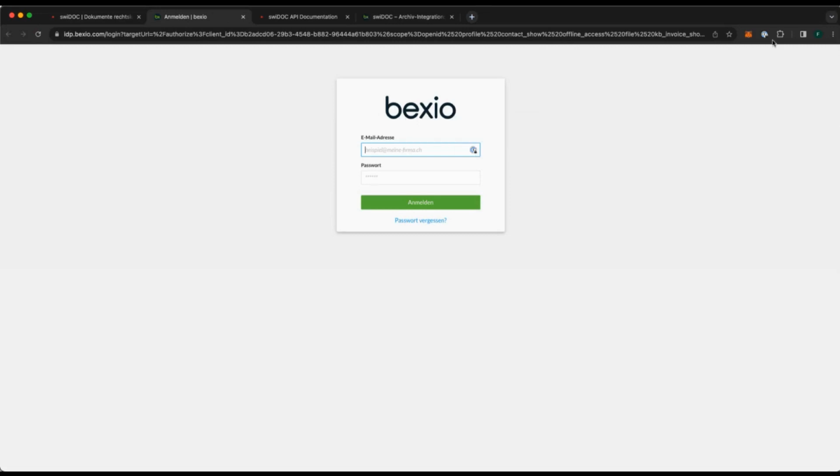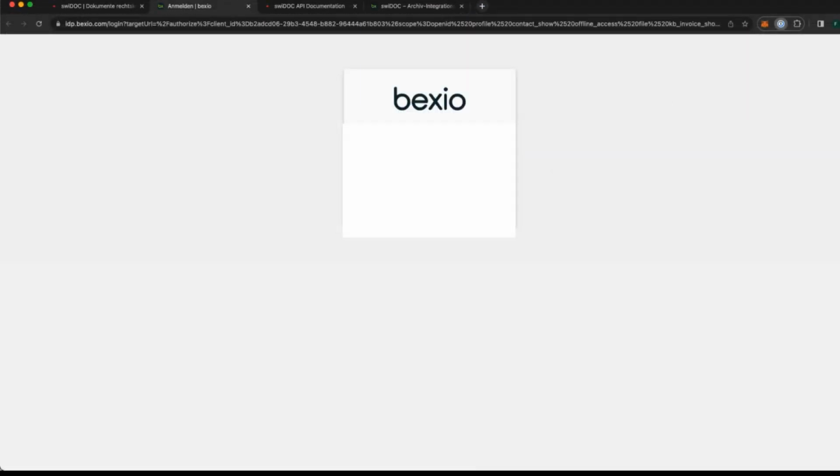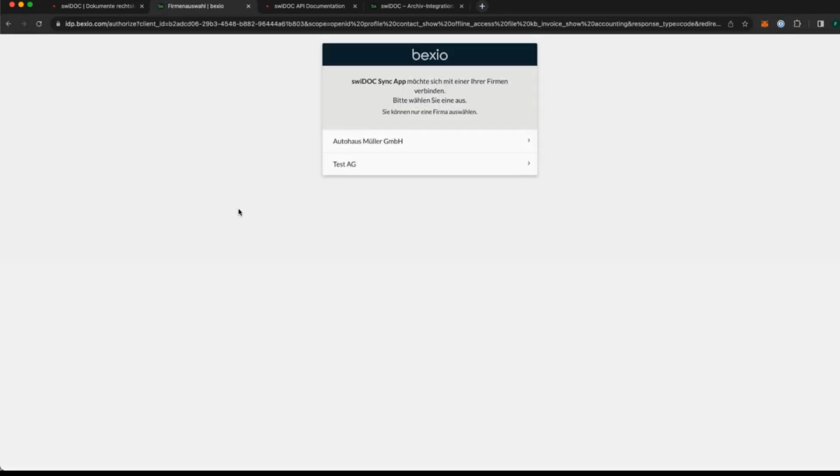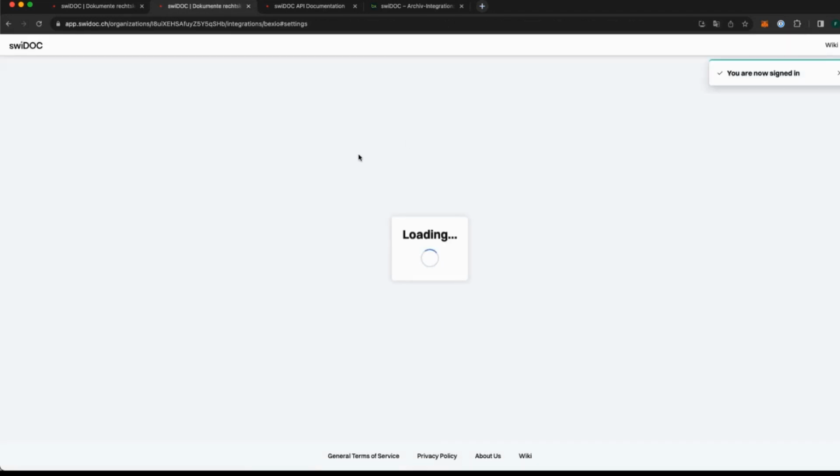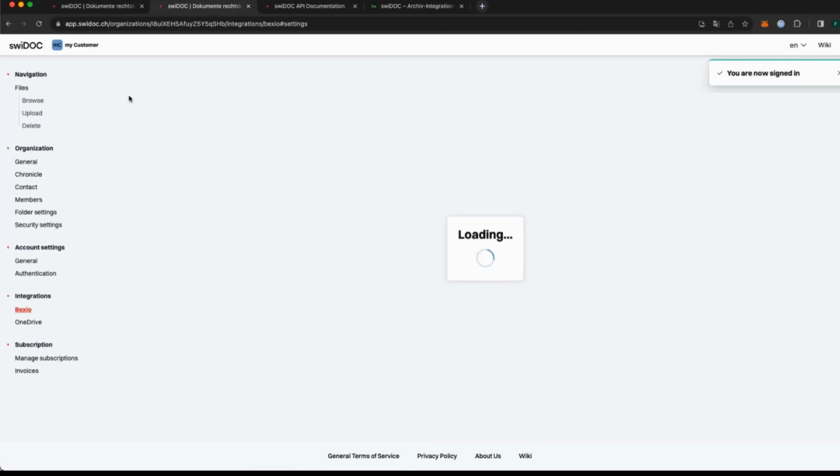Now I get redirected to the login page. I'm logging in as a trustee now, but it could also be an account from an enterprise. Now I simply select which organization I want to synchronize files for. Here I use the test AG. Okay, give access for that. And now the connection is successfully set up.